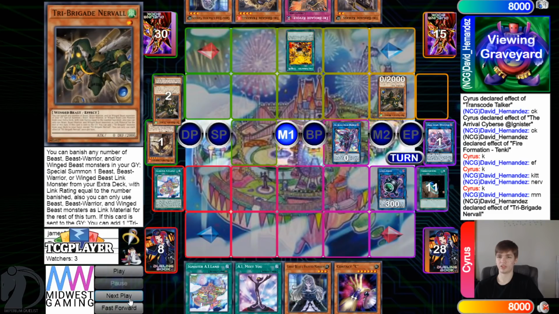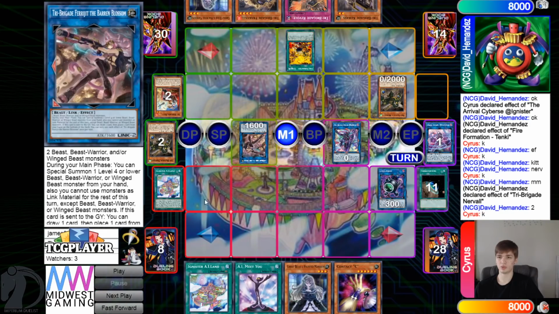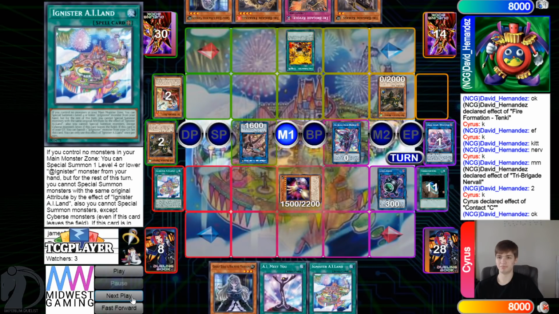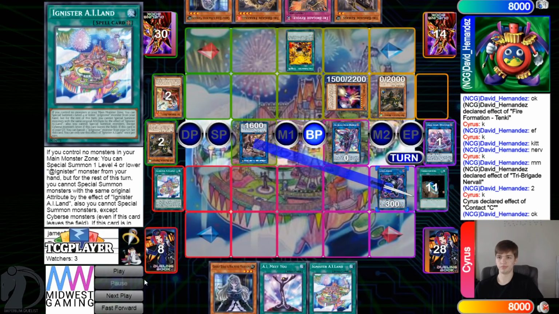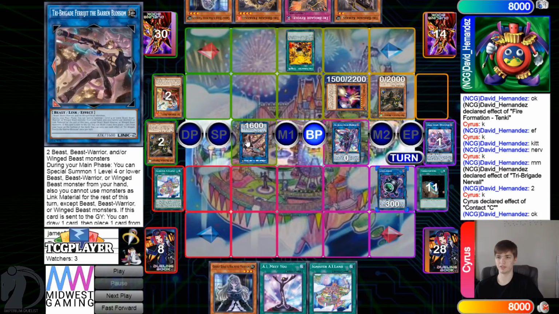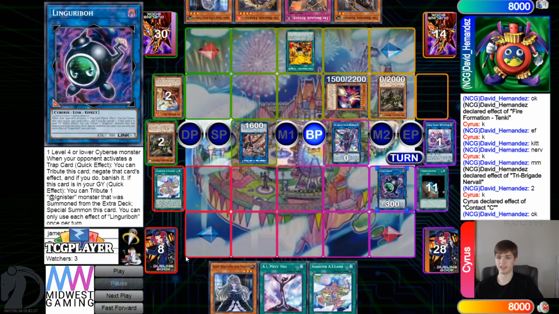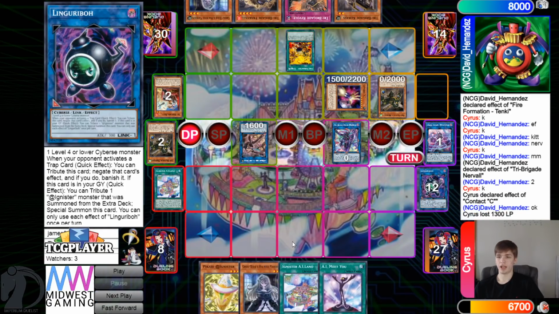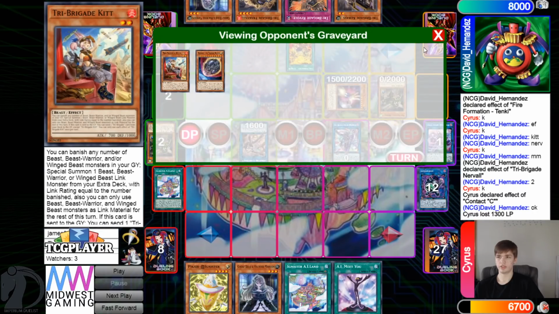Normal summon Nerval, effect, banish 2, summon Blossom, and then they're gonna drop Contact C. They could have summoned that there. I guess it doesn't really matter because they have multiple arrows anyways. Fair enough. Go ahead, attack, and that's gonna beat over, pass, draw,